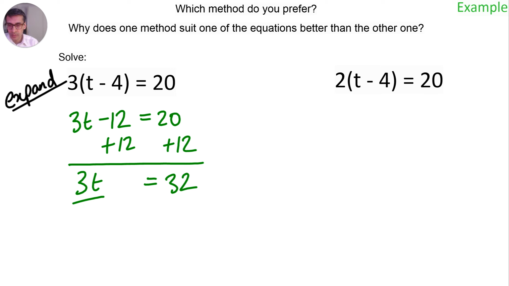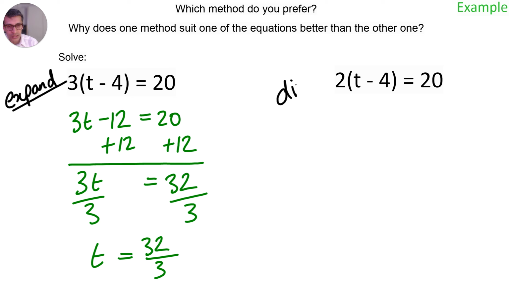We're then going to divide by 3, so t is equal to 32 over 3. Now you can simplify that if possible, otherwise you just leave it as 32 over 3. You don't need to turn it to a decimal, that is your answer. Now the question on the right, rather than expanding, I'm going to start by dividing. So both methods are equally valid,